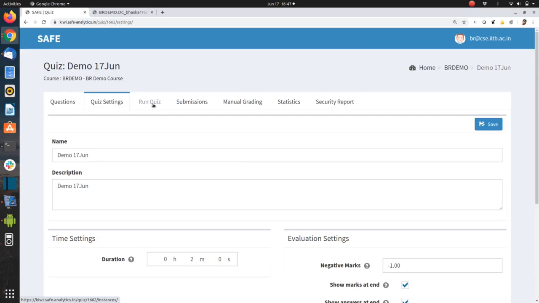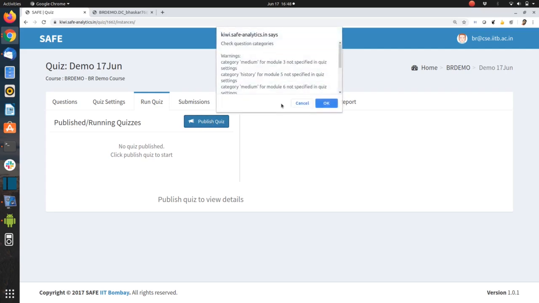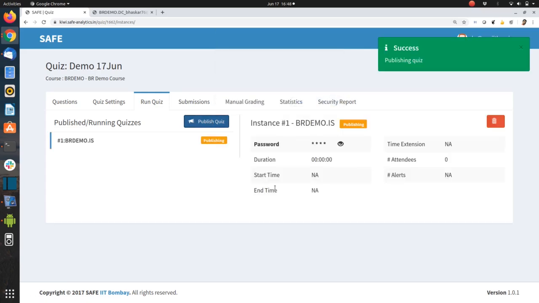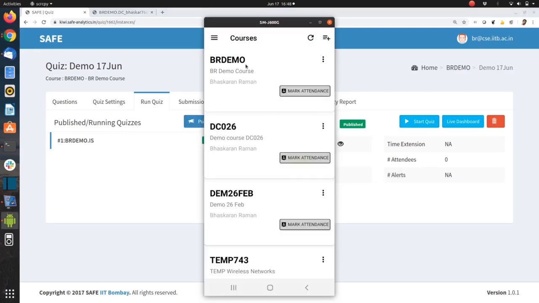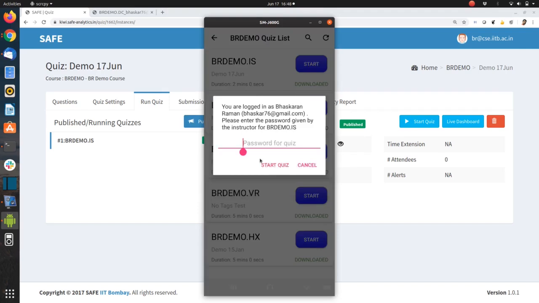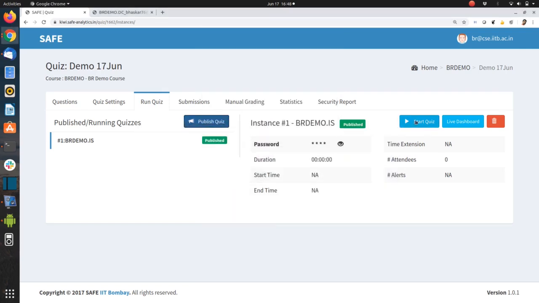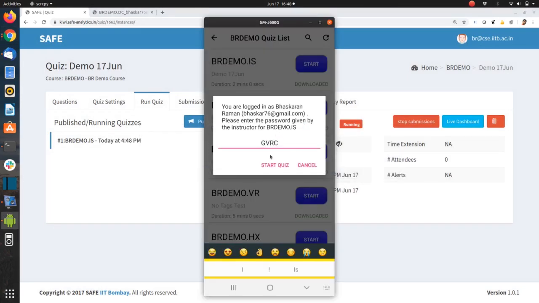Let me now go to run quiz. The previously run instance, I had deleted it, so that's why you see it empty here. I'm going to publish it again. Now go to the student side, download it, start, wait for the password to be announced by the instructor, GVRC, start it.